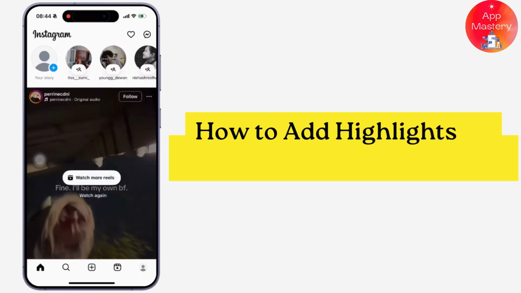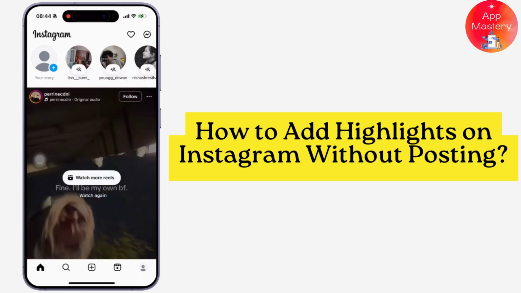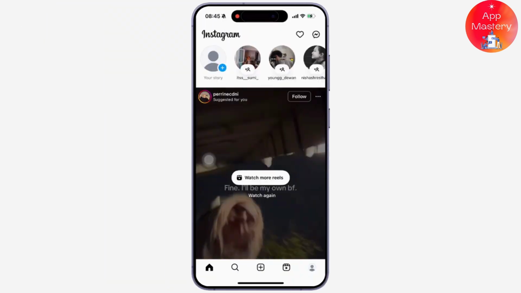Adding highlights on Instagram without posting the content to a story is not possible, but we can do it using a workaround. So here is how you can do it. Firstly, open your Instagram app on your mobile device and log into your account. Once logged in, all you have to do is tap on the story icon available in the top left corner